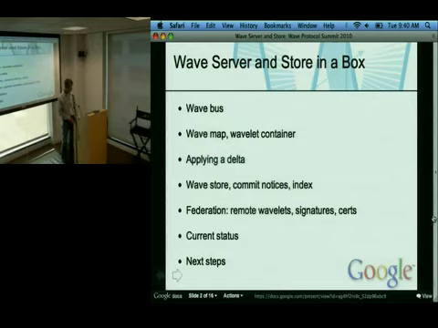Then I'll talk about the data structures in there, the wave map, the wave container. I'll explain the mechanics of applying a delta with operational transformation, etc. Then I will explain the commit notices and how that sets the requirements for the wave store implementation, for a persistent wave store implementation. I won't have a lot to say about the index, and then I'll explain how the federation side of